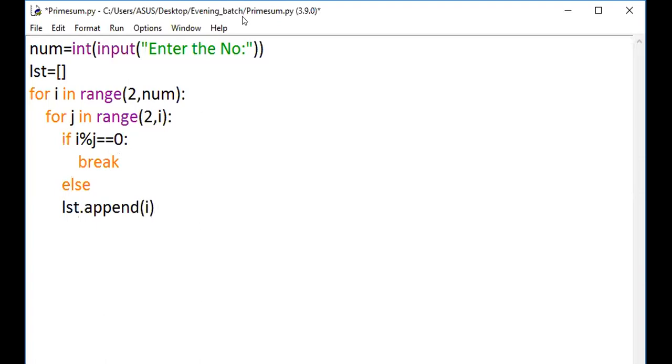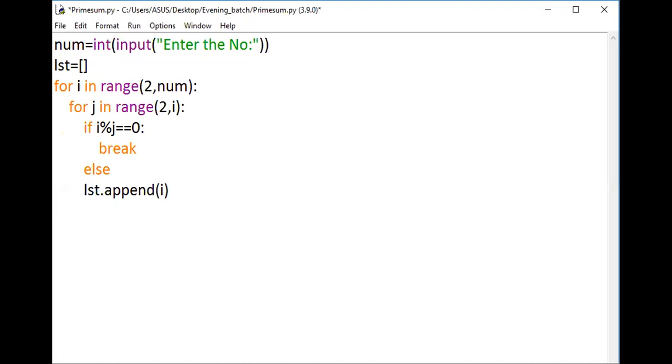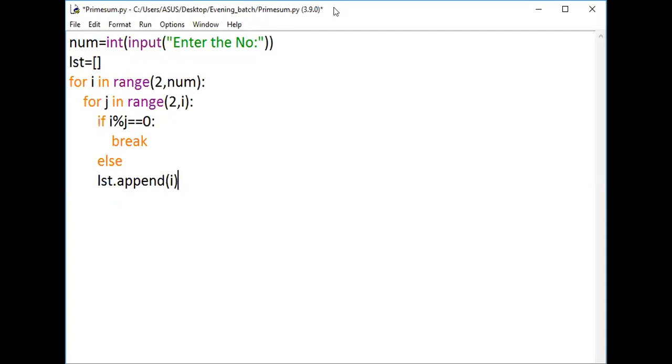I'll explain prime number logic. Are you people clear with the prime number logic, or do you want me to explain it? Come on, give me some response. Do you want me to explain prime number logic, or shall we go ahead directly with the implementation part? Few people are saying continue, few people are saying no, ma'am. Okay, so few people want the explanation. Let me give one or two lines, guys.